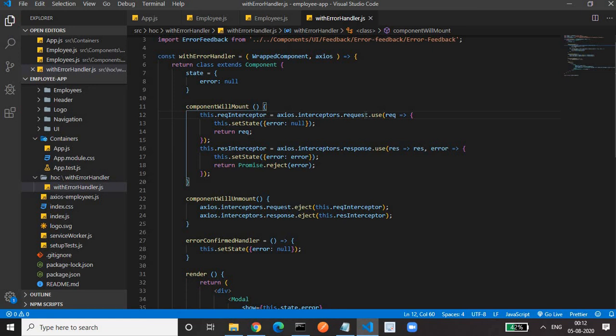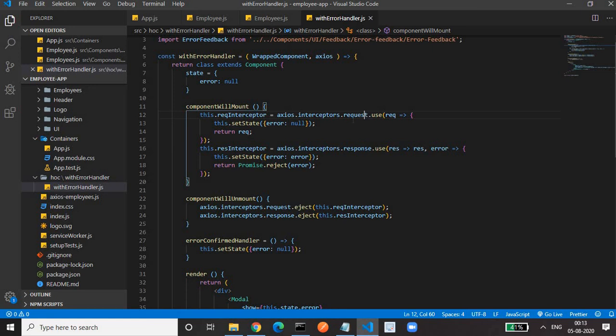When the server sends the response, it again comes through the interceptor, where we can manipulate the response again. Then the response comes from the interceptor to the browser. So the request goes from browser to interceptor to server, and the response comes from server to interceptor to browser to the client.